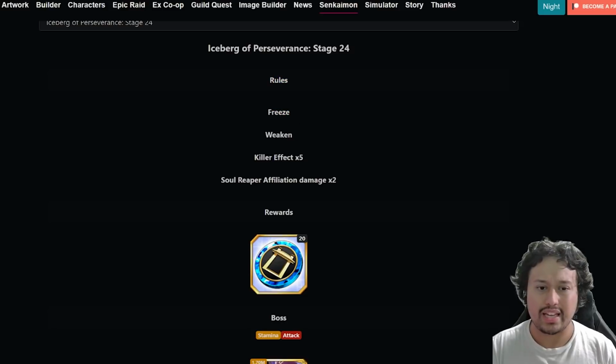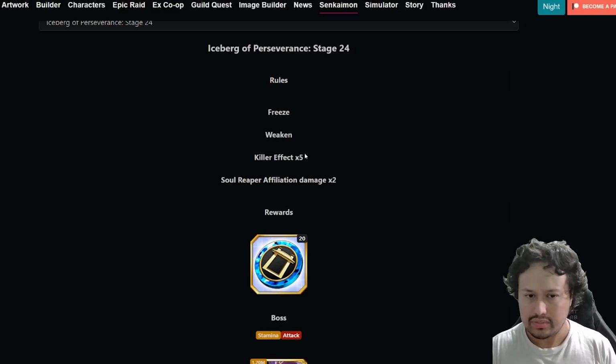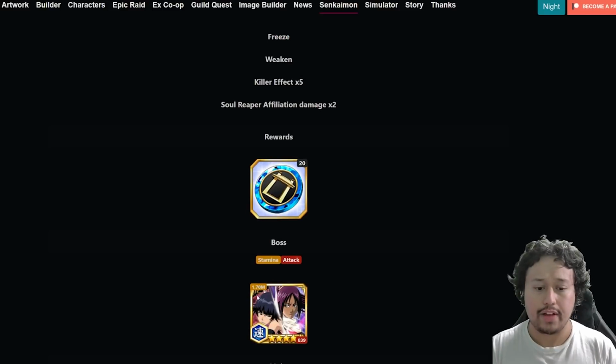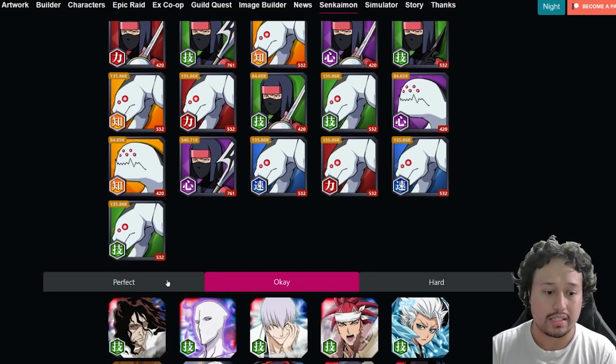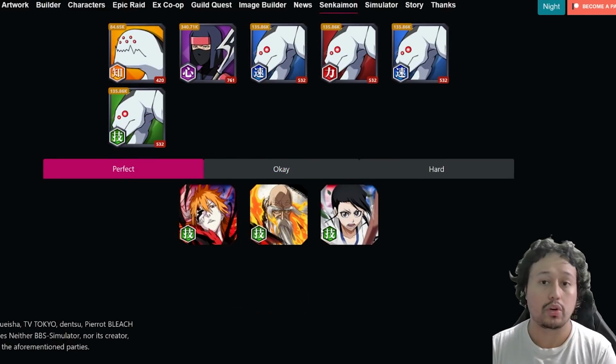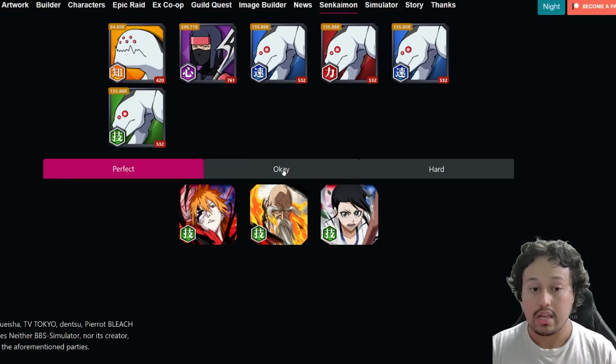So here, rules, freeze, and weaken. I don't know how puddle placements are going to be. But killer effect to no affiliation unit, Soul Reaper affiliation damage. So here, honestly, since there's speed, you can also use Art Book Ichigo. This is where you're going to want to use your Art Book Ichigo or your 1000-Year Blood Red Yamamotos, because